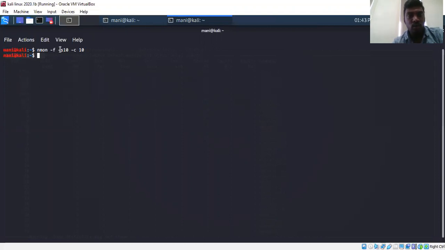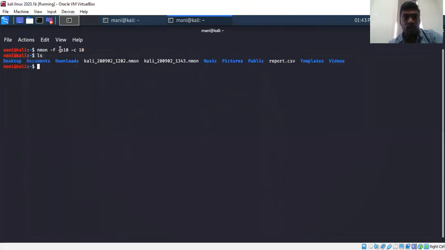Now in order to check whether the file is saved or not, we enter the command ls, that's list of files. ls, enter. So here you can see the document named with 200902120 in .nmon, which is the file in which we stored the processes.